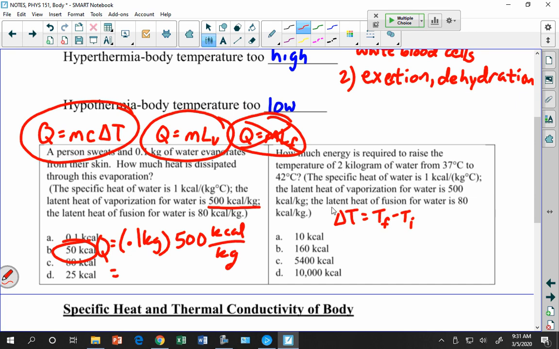In general, delta always refers to a change in something: the final minus initial. That's 42 minus 37, which is equal to 5 degrees Celsius. The specific heat is equal to 1. And now the mass was 2 kilograms. So I say Q is equal to m times c times delta T. That's 2 kilograms, times 1 kilocalorie per kilogram degree Celsius,